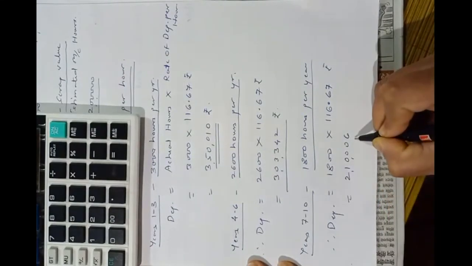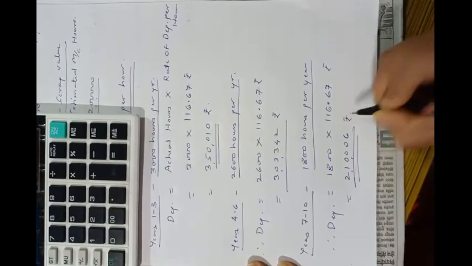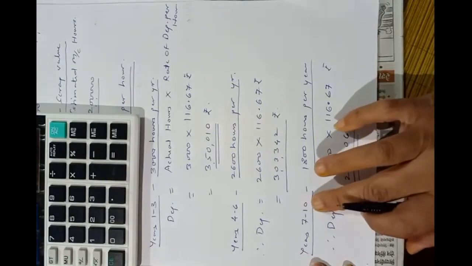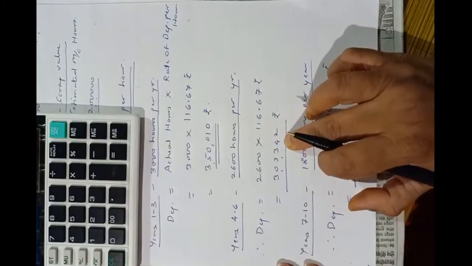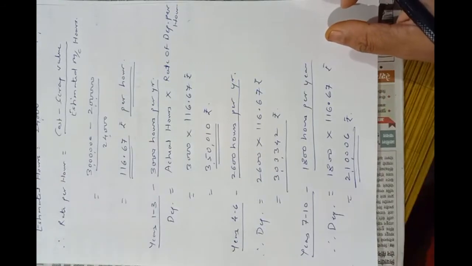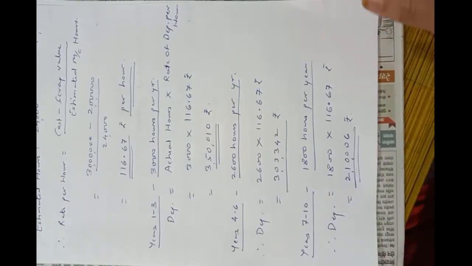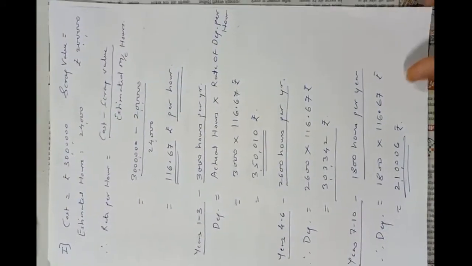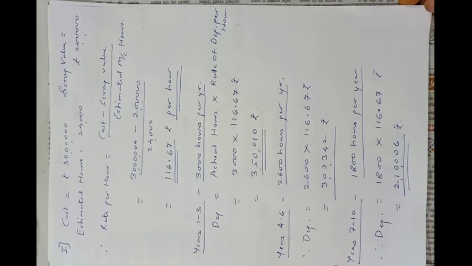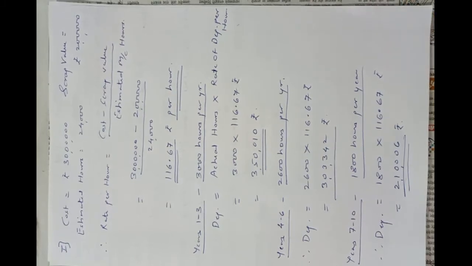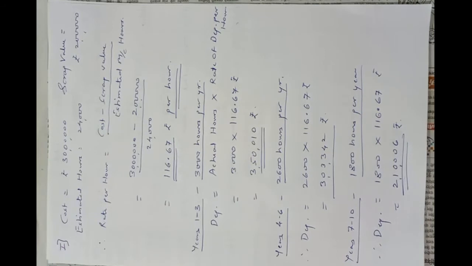Two lakhs 10,006. This depreciation will be for 7th, 8th and 10th year. This depreciation will be for these years, and this depreciation will be for these years according to the hours given per year. Okay, in this way, in this method we have to calculate the depreciation amounts. And preparation of machinery account or asset account and depreciation account is the same, just like the method of keeping accounts in straight line method or written down value method. Okay,